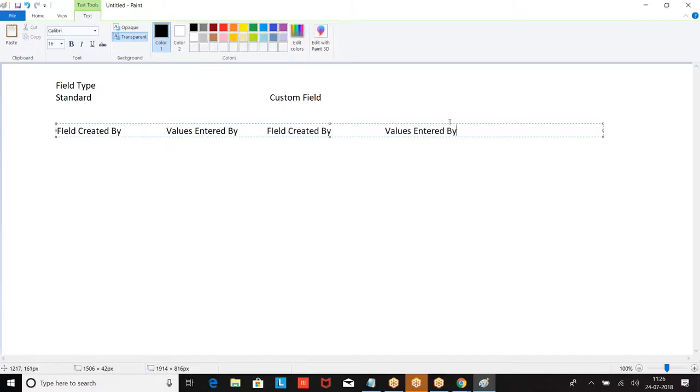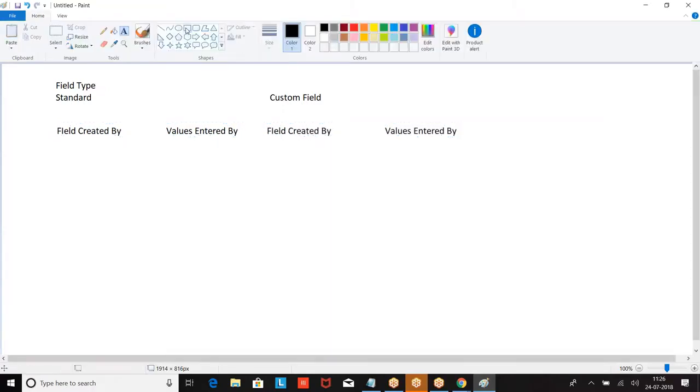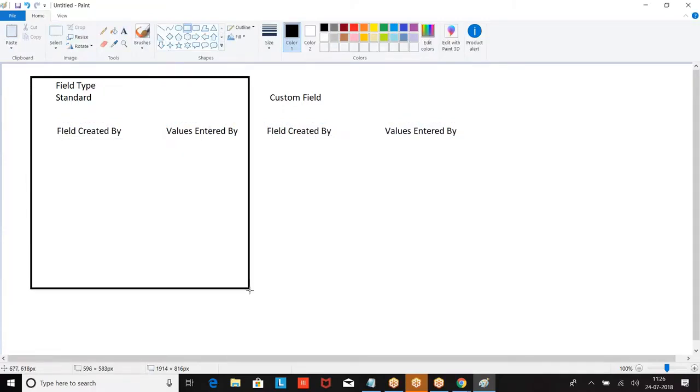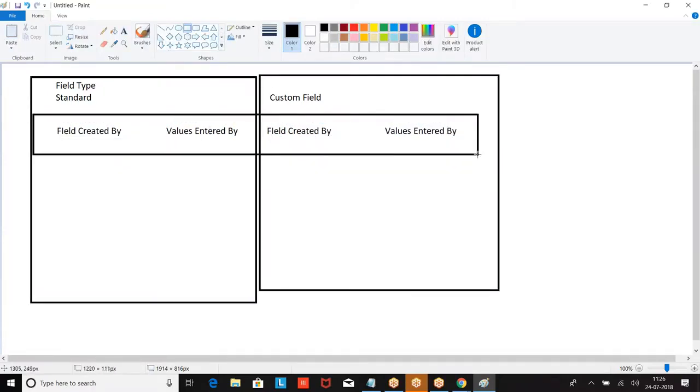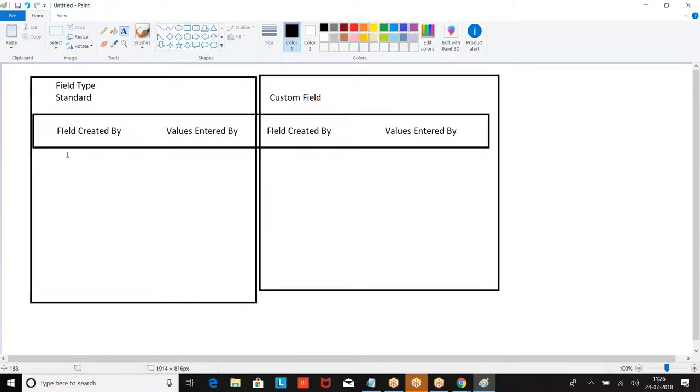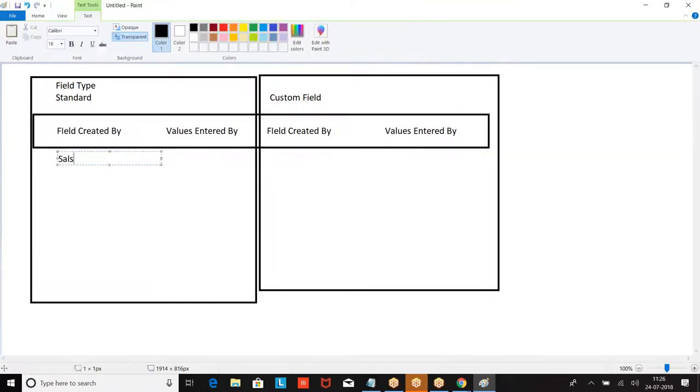Now, if you look at these, standard fields are created by Salesforce, values are entered by the user. Custom fields are created by the user, values are also entered by the user.